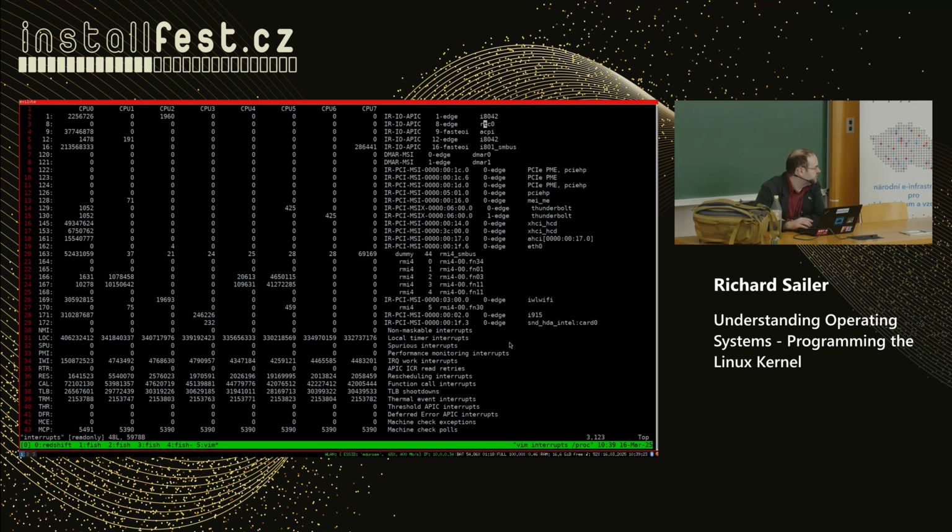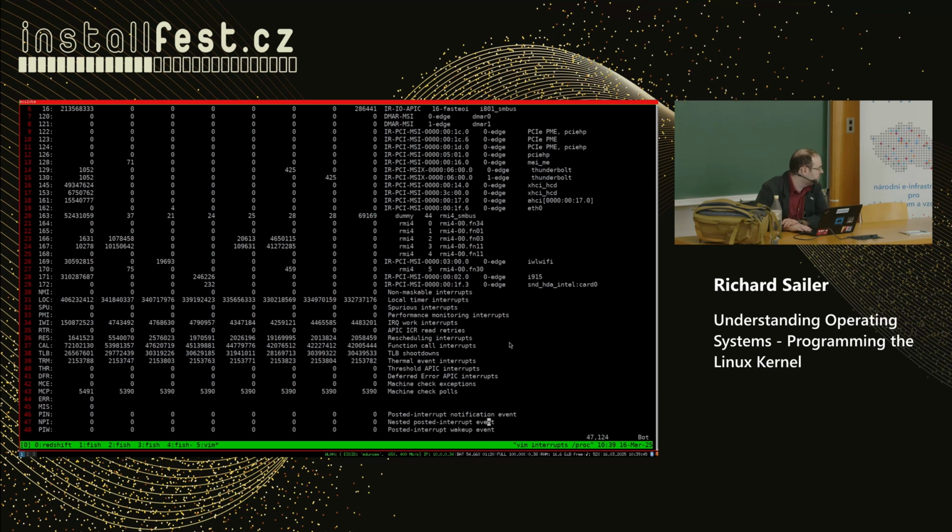But on 8, we have RTC0, which is the clock in my notebook. That's important when I shut it off and on again, so that my notebook still knows what time it is. Here we have another entry, which I think might be the keyboard, actually, but I'm not sure. Some of these numbers are fixed, but not all, so you can go further down.